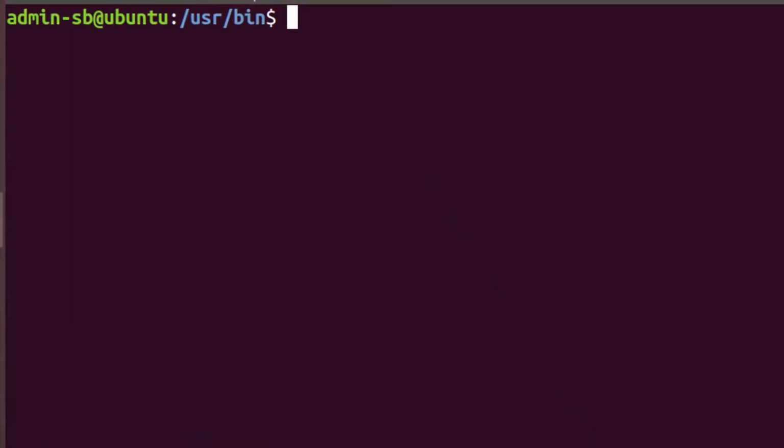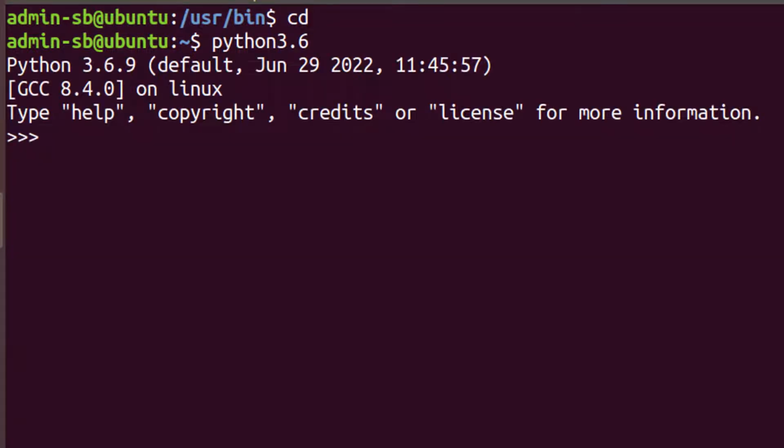For instance, let's go back to the user's home directory. Type in cd, hit enter, and that should take us to the home directory. From in here, we shouldn't be able to invoke the Python interpreter by using just the file name because it's not in the present working directory. But it works. It works because the operating system first looks for the file python3.6 in the current working